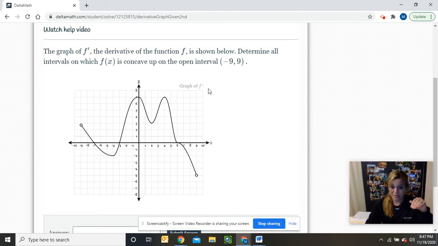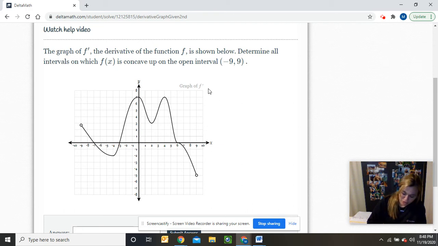I don't know if you've noticed because you can't see where my eyes are. Well, my eyes are right here, obviously. But I'm not even paying attention to the graph yet. I'm just going through this reasoning before I even look at the graph at all. So f is concave up when f double prime is greater than 0. And so I'm going to say,